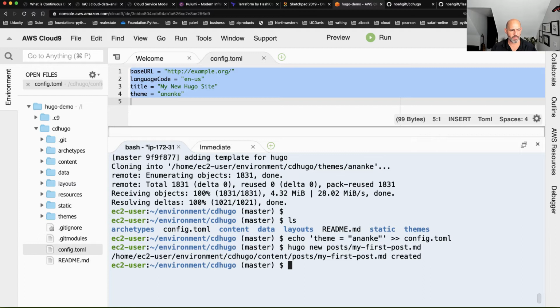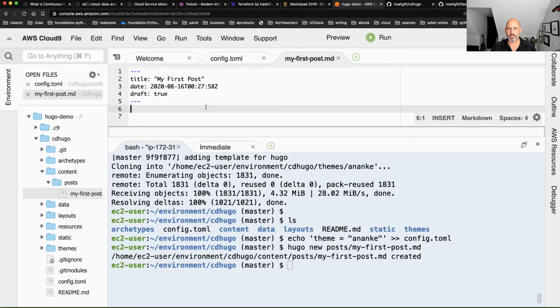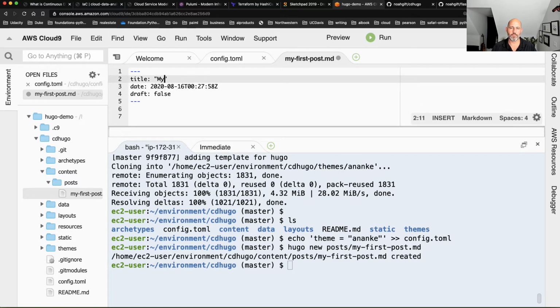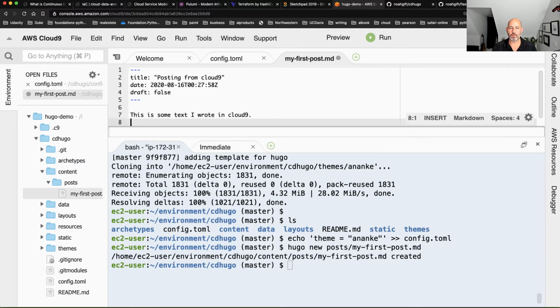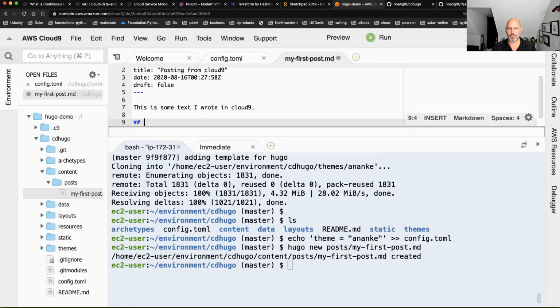If I go to the content, I can edit this, my first post, and I can just say draft false, and I can just say my posting from Cloud9, and just say this is some text I wrote in Cloud9, big tags. There we go.